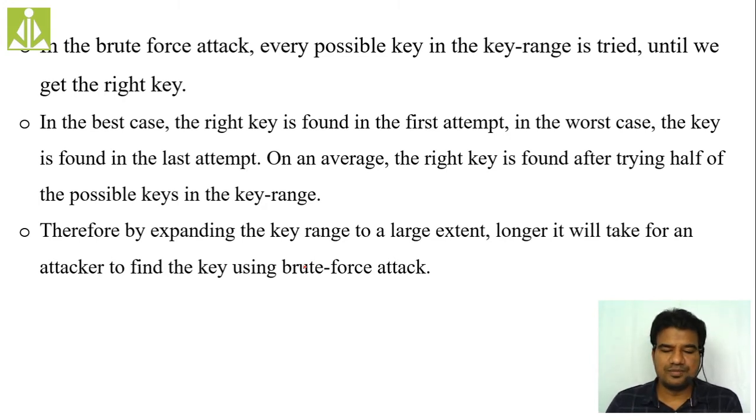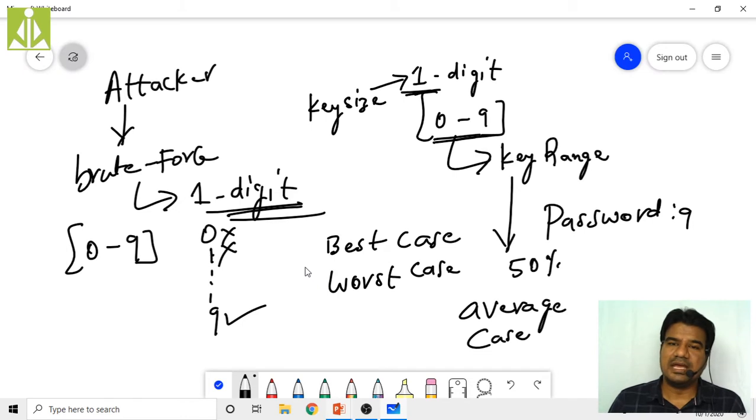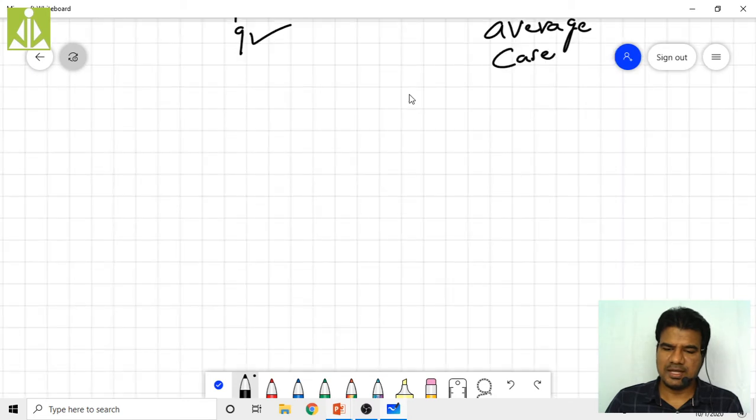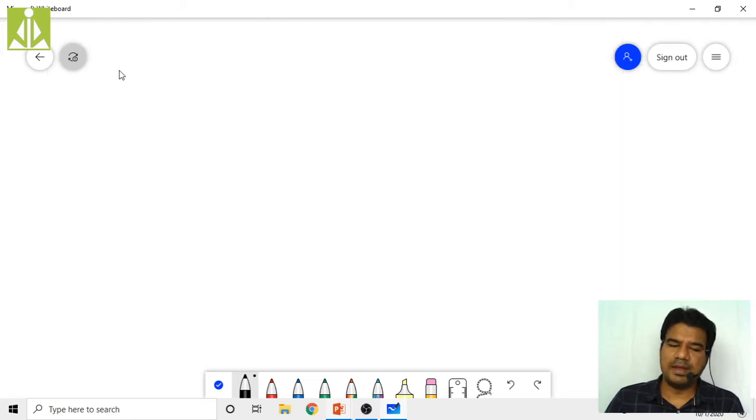So as I told you, generally in our crypto system we are going to use binary keys, isn't it? Binary digit keys. So if you take only one bit, I will take a fresh page to explain that. If you take only one bit, what are my possible keys with this one bit? Only two possible keys, 0 and 1. Isn't it? 0 or 1.